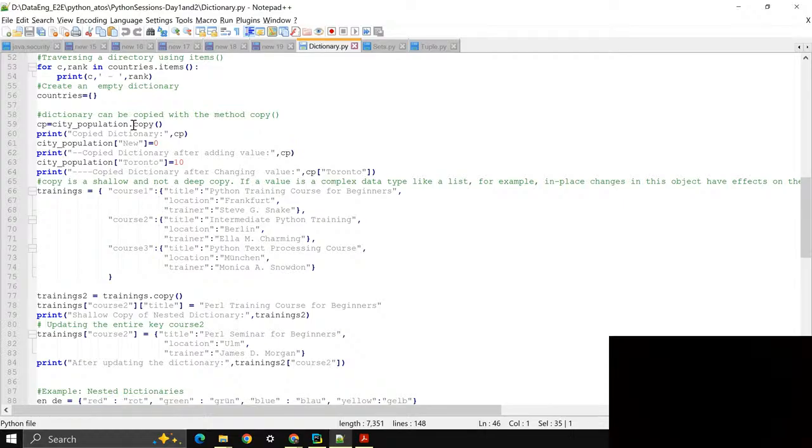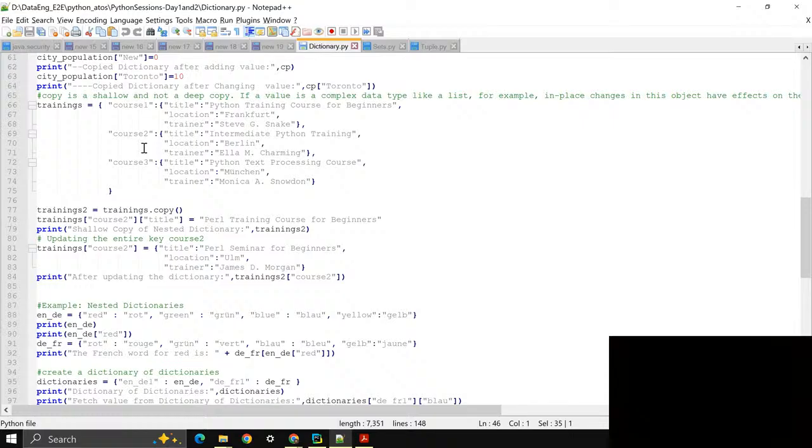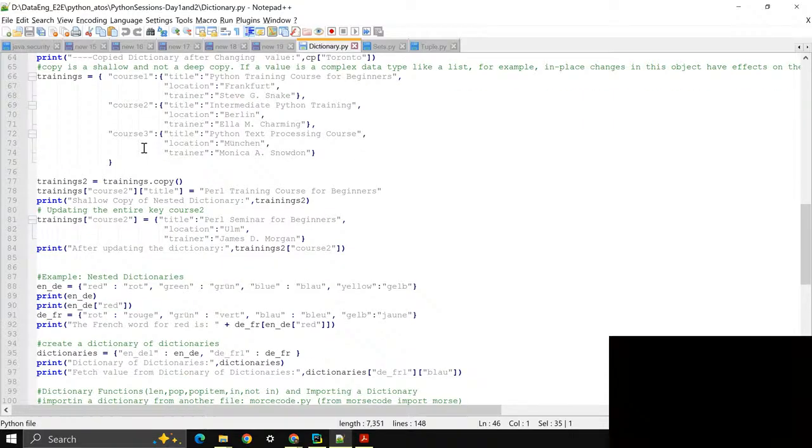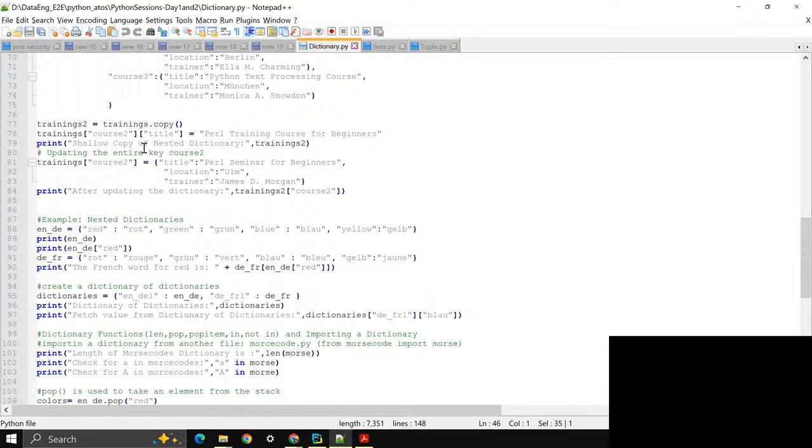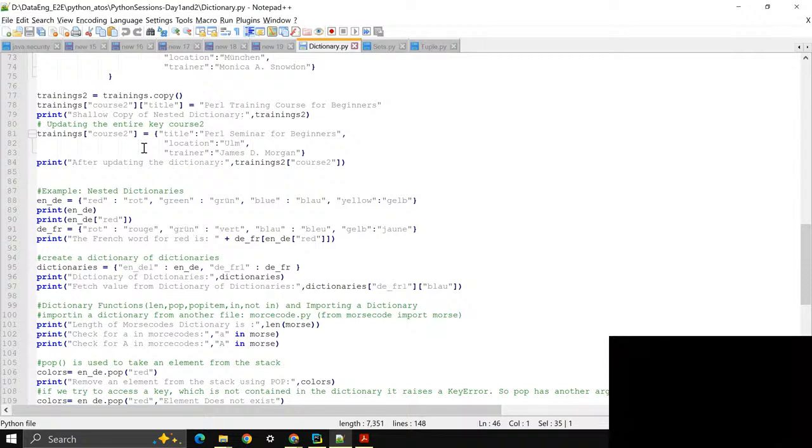Here a dictionary can be copied with the method copy. Okay, copy is the method to use. You can just copy the methods and nested dictionaries. This is an important thing. Nested dictionaries is like